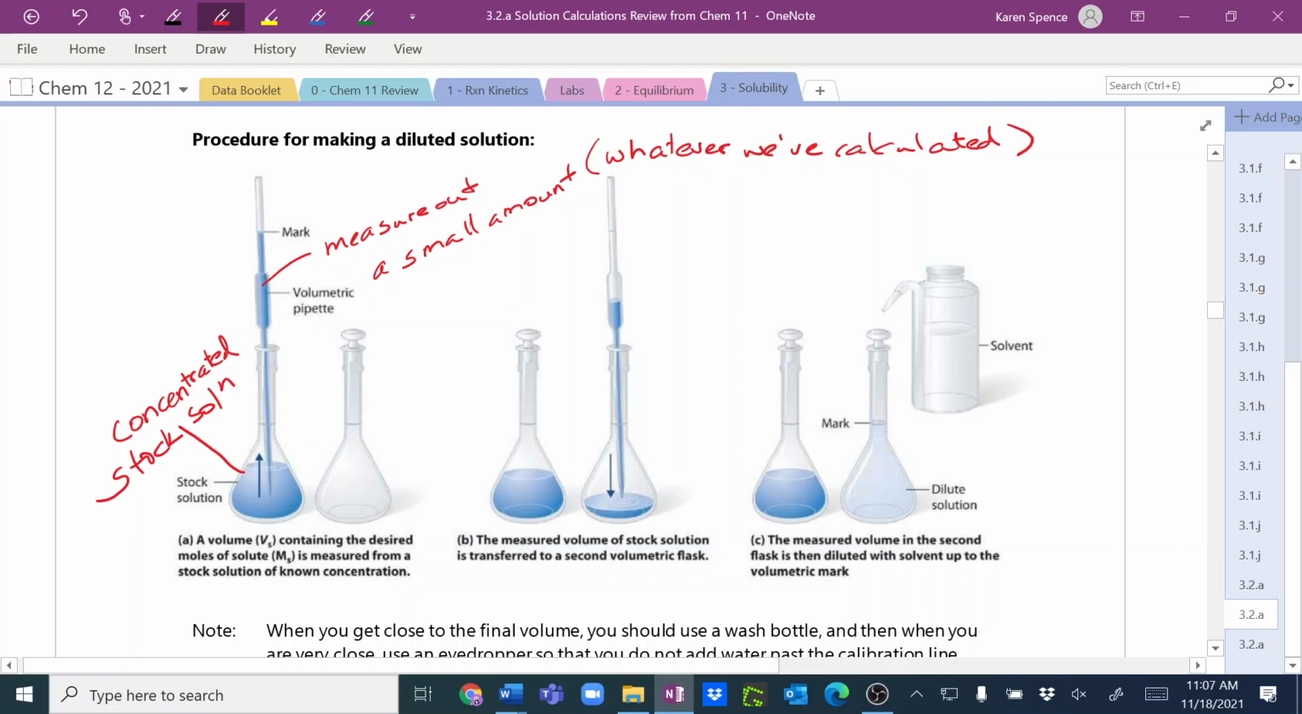Okay? And then we are going to put that into another container. What do we call this particular type of container? Starts with V. It is a volumetric flask. And then we are going to dilute it